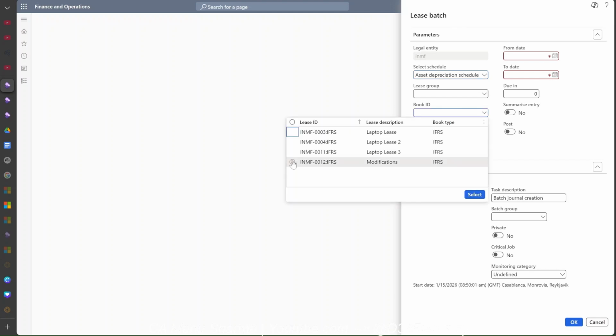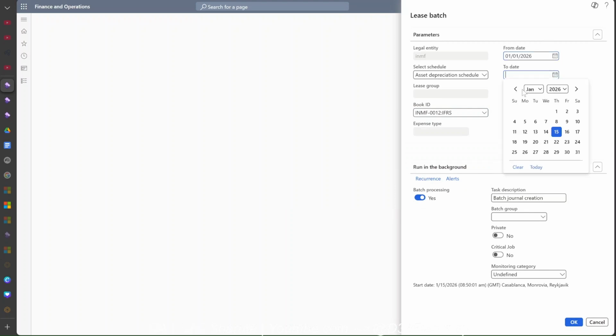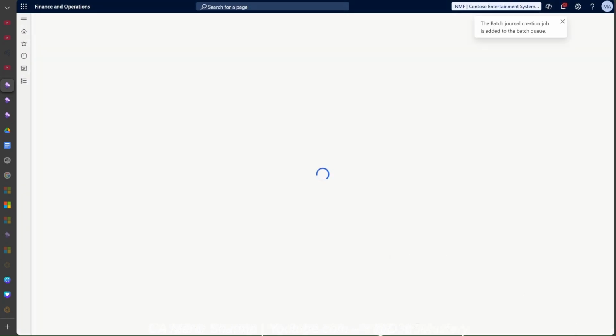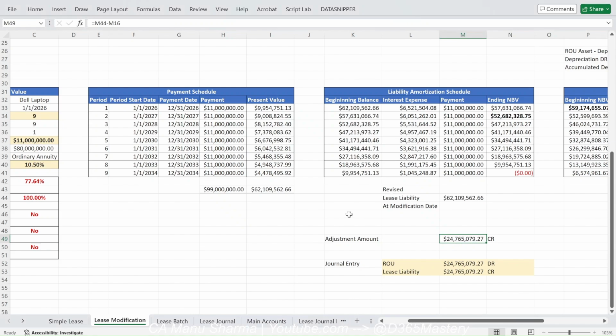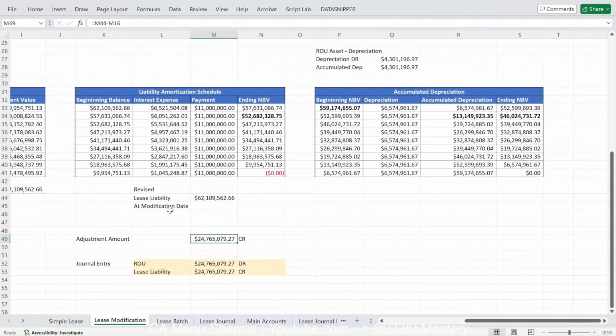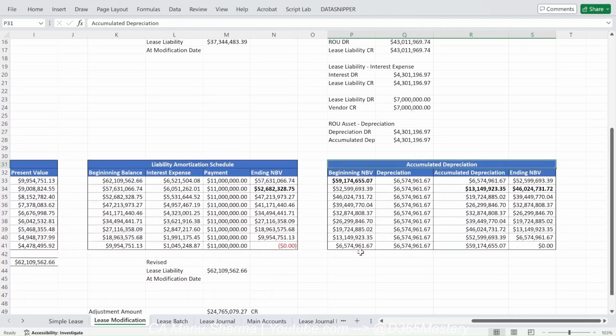Select the book ID. I will run this batch again and let's see if it gets created till 34. I want to do this entry, the accumulated depreciation till